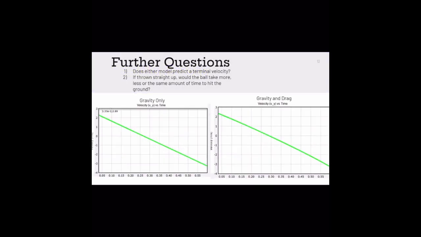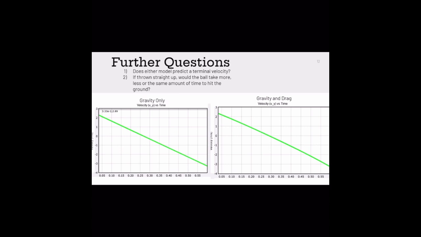The model does not predict the terminal velocity because the velocity decreases linearly over time, indicating constant acceleration due to gravity without any limiting force. The gravity and drag model suggests the presence of a terminal velocity. The curve is slightly nonlinear, implying that drag opposes motion and reduces acceleration over time, eventually leading to a velocity